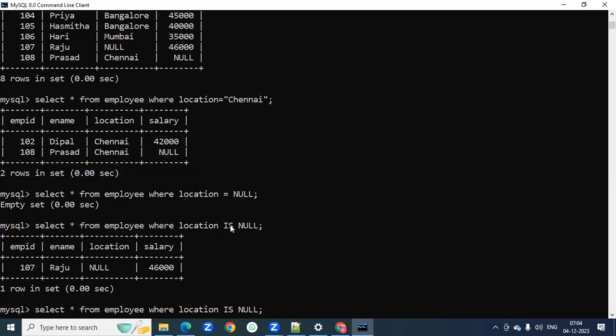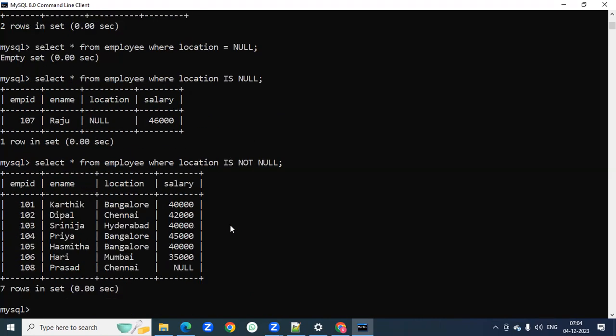See, location is not null. Location is not null, then it is going to get the value. So other than null values, whatever data we have, it is going to get for us. Other than null, only for